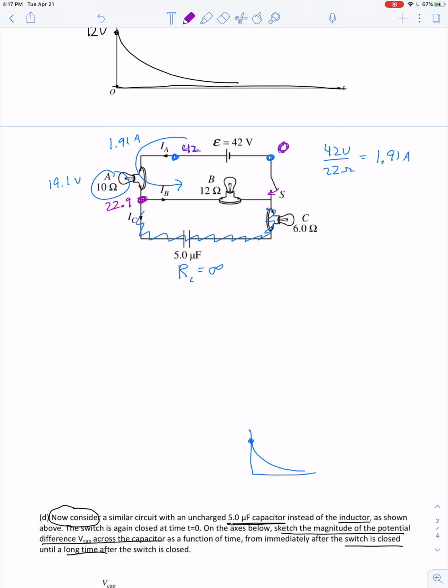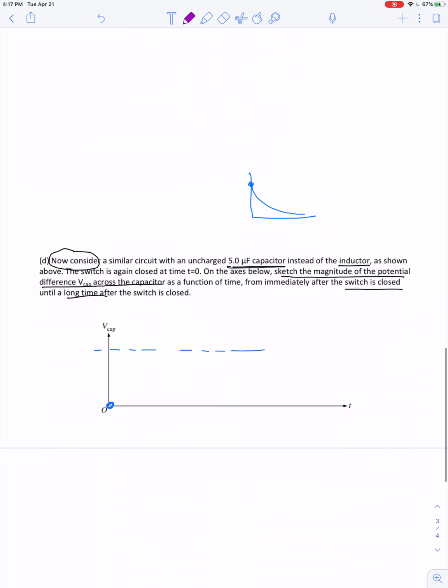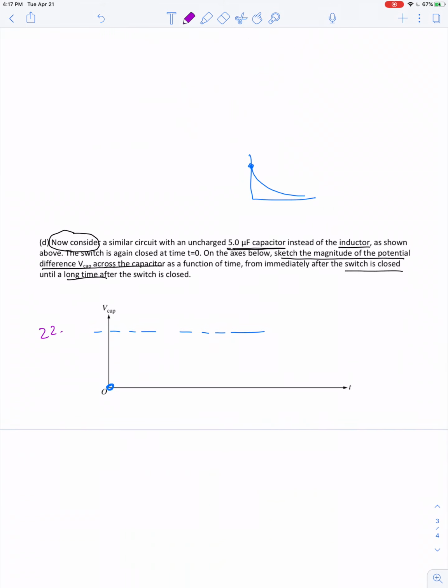The switch has been closed a long time, so this 0 volts is also the potential here. Okay, so if no current is flowing through the 6 ohm resistor, then the potential here is also 0 volts. So the potential difference across the capacitor is a difference of 22.9 volts compared to 0 volts. 22.9 volts,